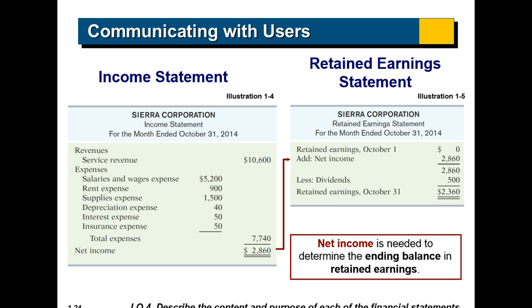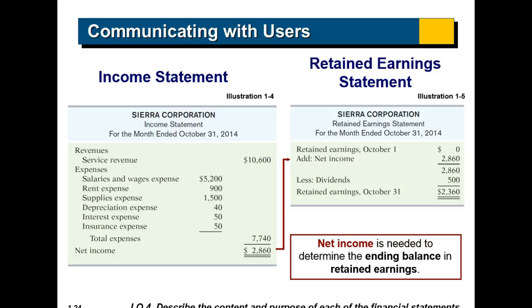No, you don't. So what happens with this income statement is when we have a net income, which is what we want to have, that $2,800 revenue that happened during the month of October is going to flow over to what's called our retained earnings statement. So that net income now becomes part of the earnings or the equity of a company. So that $2,800 gets to be utilized by those people who own the company and could either be given away in dividends or utilized. So know that whatever that net income is gets tied back into the retained earnings section of the financial statements. You'll understand how they all tie together ultimately, but that money flows back to the retained earnings section. If it's a loss, a net loss, that also flows back to the retained earnings sections,